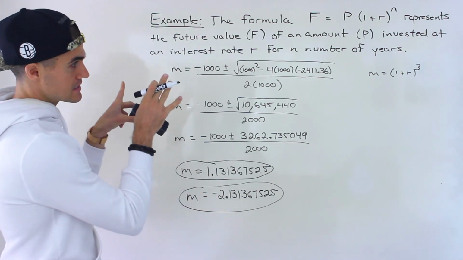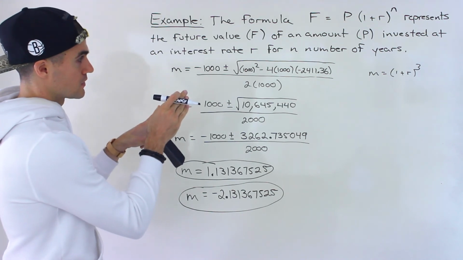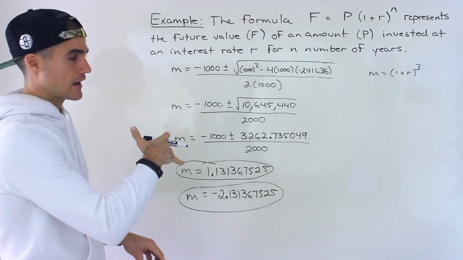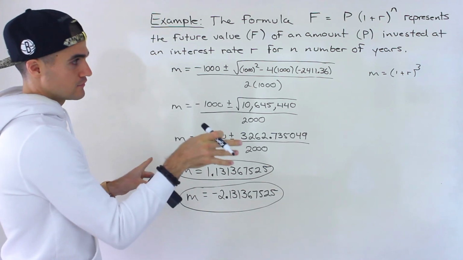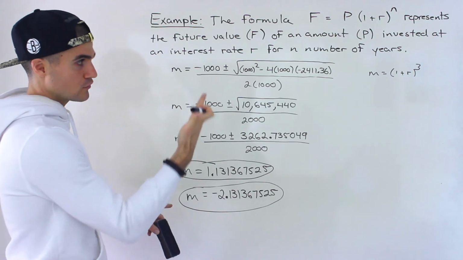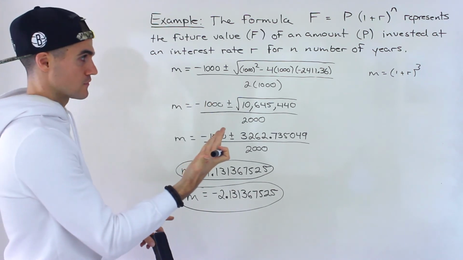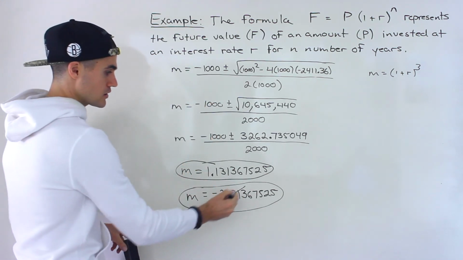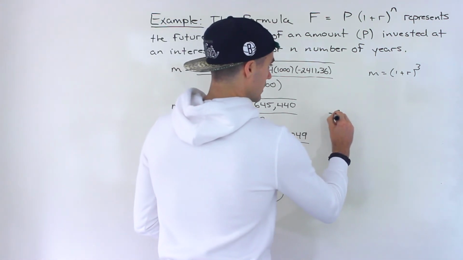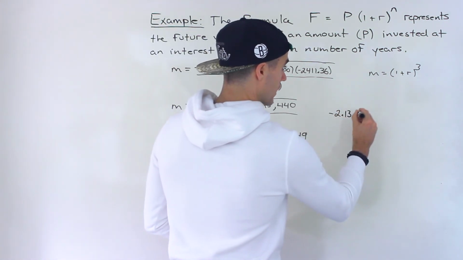But notice in this question, we're solving for an interest rate. And though interest rates can be negative, it's very unusual. And so we can assume that when we're solving for that r, it's going to be a positive value. And so we would actually ignore this over here. Because if we took this, negative 2.13 for m,